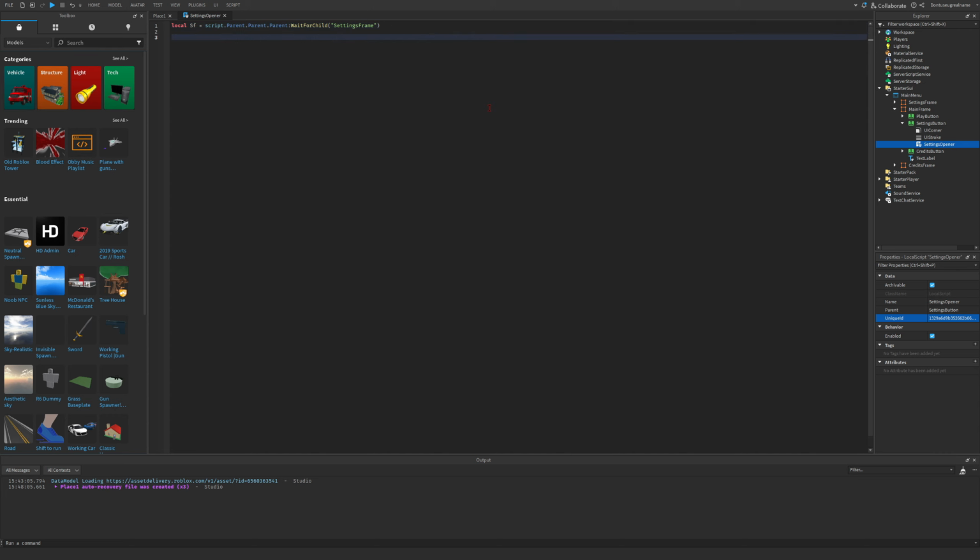Yeah, that's about all we need. So, script.Parent, script.Parent.MouseButton1Click:Connect(function). So we press this. The function will be